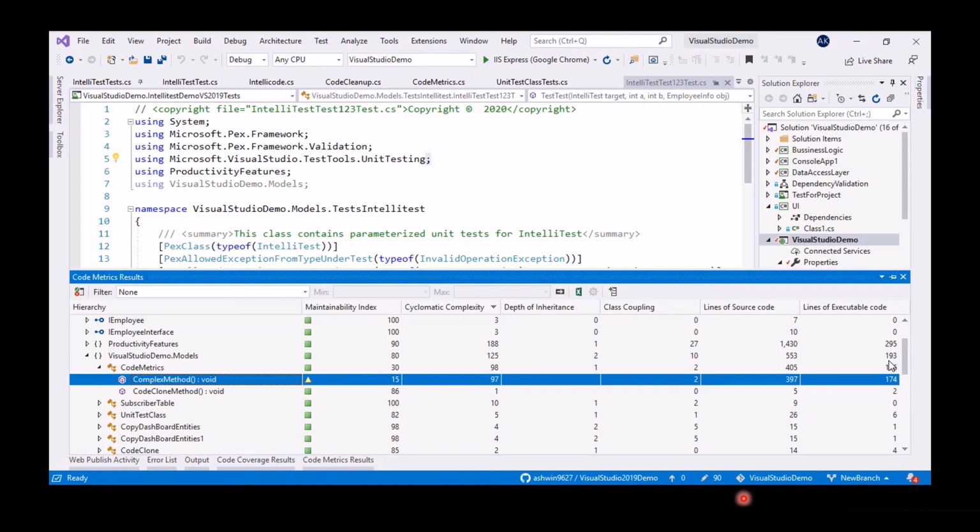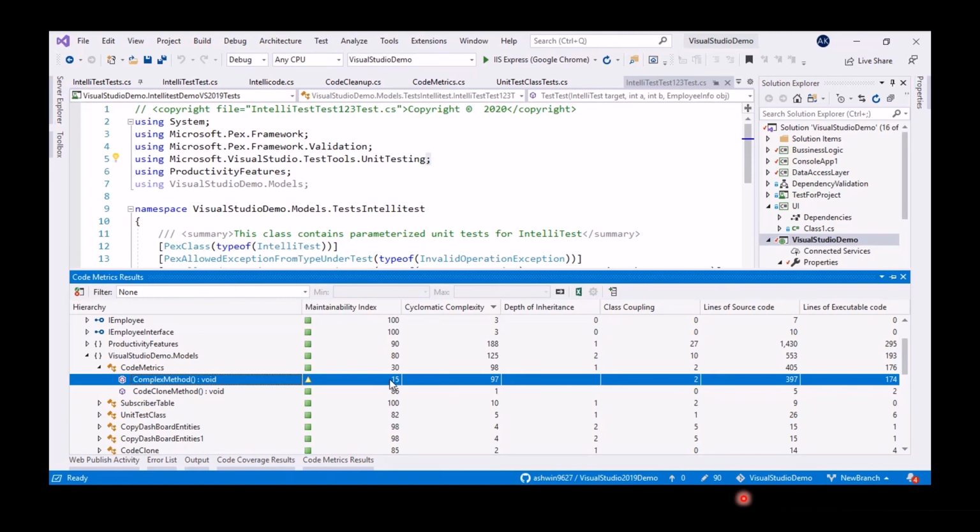The index is calculated with a combination of cyclomatic complexity and other numbers. We'll see what these numbers say about the health of the method. If this number is 20 to 100, then it is good. Your method is good. As of now I am looking at a method; if it is a project or a namespace, it is 80. So if it is 20 to 100, it is good.